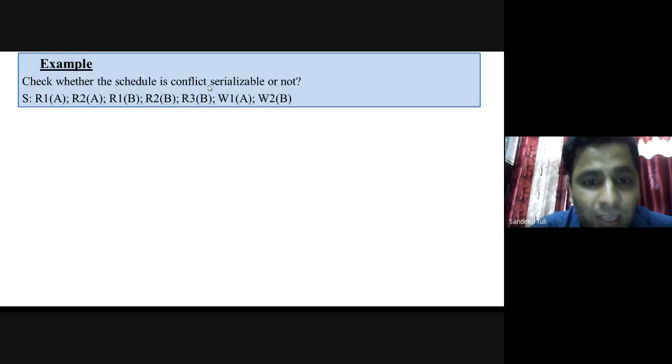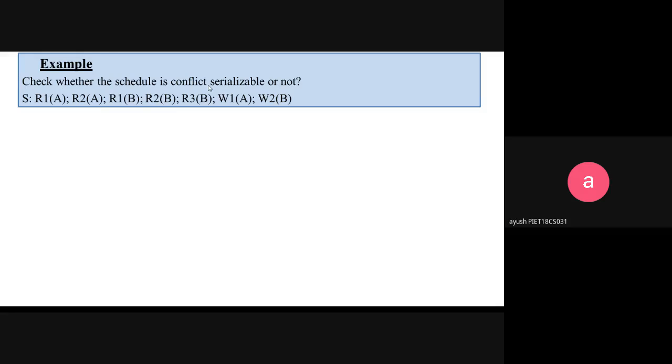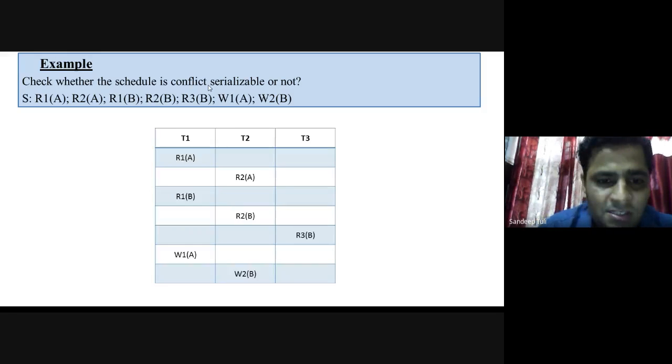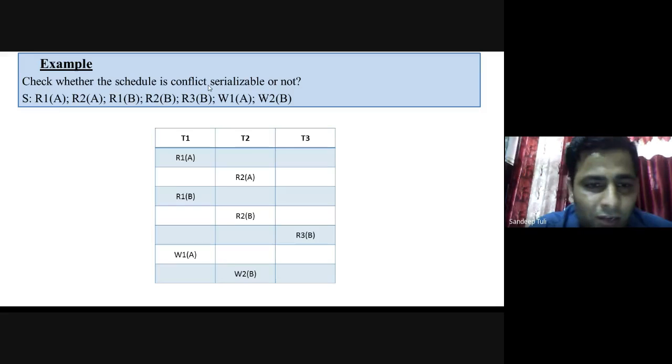Then again R1 means transaction 1. R2 means again transaction 2. R3 means now it is talking about a different transaction, so we need to take one more transaction, that is T3. Then W1 means writing in transaction 1. W2 means writing in transaction 2. So now tell me, how many different transactions are there in this schedule? 3. Very good. R1 means one transaction, R2 means the second transaction. So this is the table.